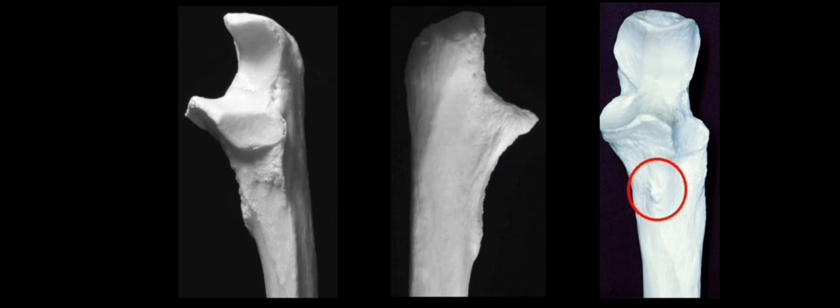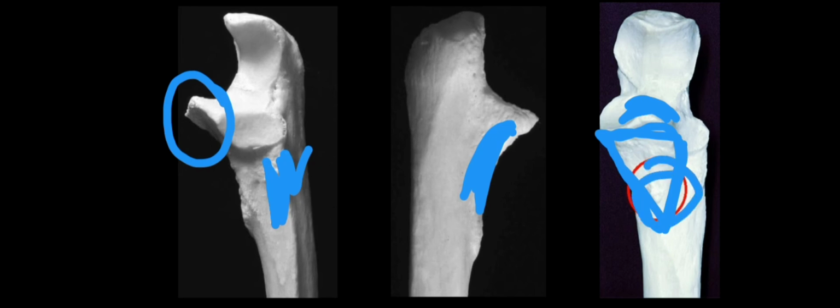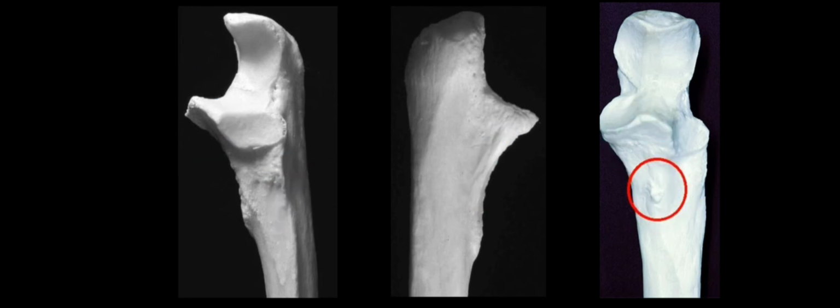Next, the coronoid process. It is an anterior projection distal to the olecranon process, and it has four surfaces. This is the anterior surface. This will be the superior surface, here is the medial surface, and here is the lateral surface. Coming to the superior surface, it is smooth and forms the lower part of the trochlear notch. The anterior surface is triangular, and in the lower corner it has a tuberosity called the ulnar tuberosity. The one in the red circle is the ulnar tuberosity.